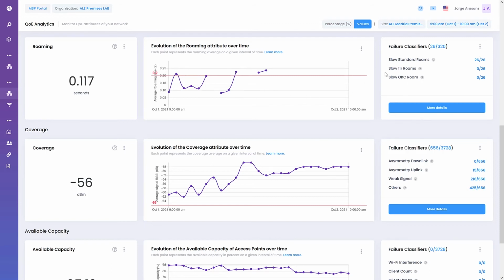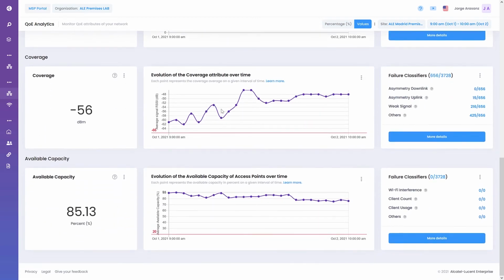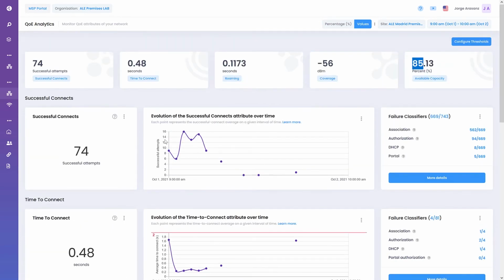So again, we can see here different attributes to monitor. Coverage, as you may see here, will deeply depend on the other APs, interferences, which is your radio frequency environment, and so on. The available capacity is related with how the channels and the APs are loaded. If the network is very lightly loaded because we have only 10 clients maybe and we have 5 APs, like in this case, there is almost 90% of the network available for new users. So this is related with quality of experience.